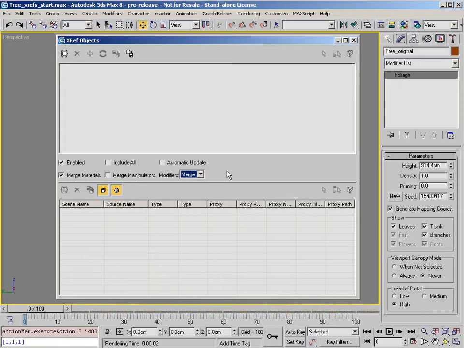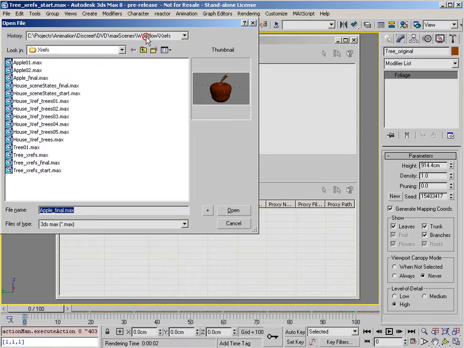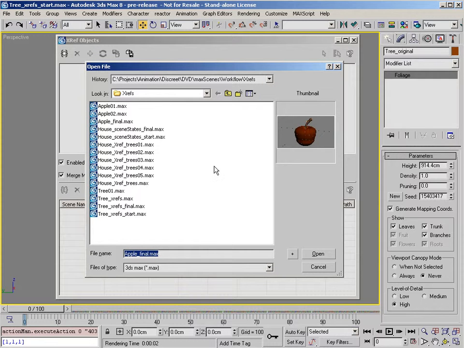If we choose to merge them, then we'll be able to access the modifiers in the scene for that object. In this case, we're going to just XREF them. Choose the XREF record from File button, and this will prompt us to choose a file from where we can XREF objects, and open the file